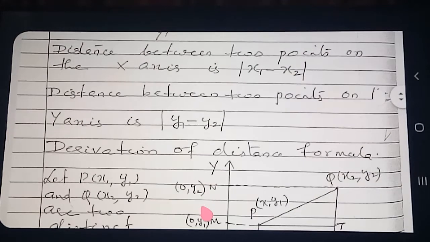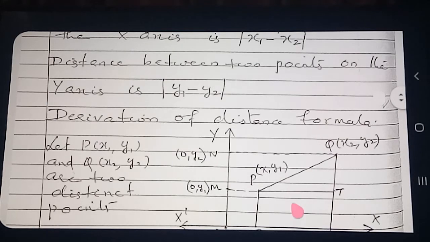Now we are going to derive the distance formula, the derivation of the distance formula. All of you take your textbook also, because while scrolling you can't see the diagram. So take your textbook and take page number 158. I have written the derivation of the distance formula here properly, with some modification made here, so that you can understand it.